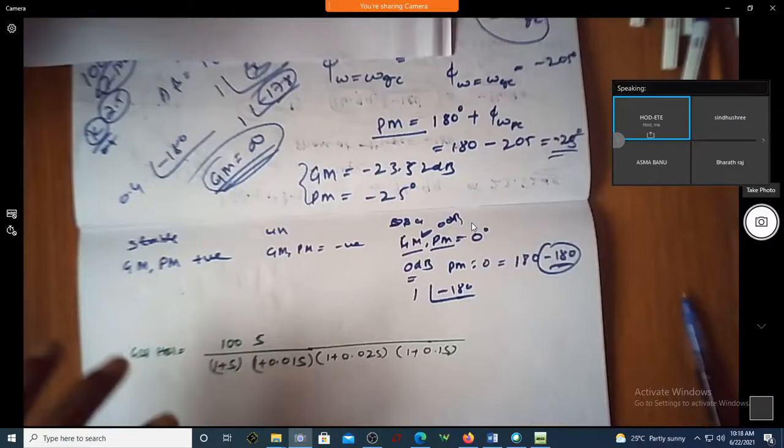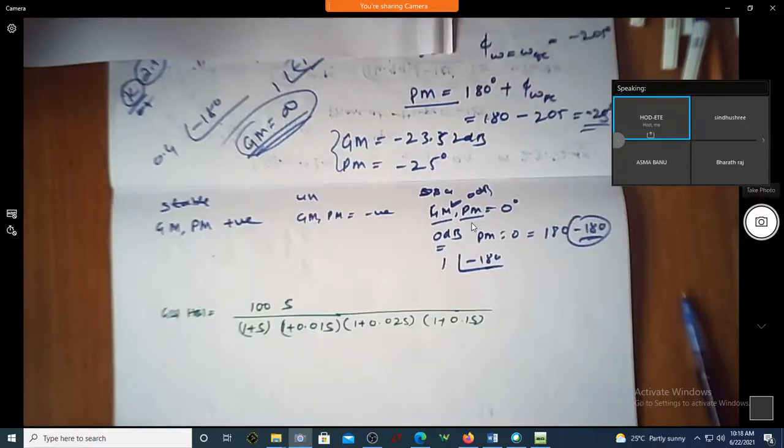Yes, sir, audible. Maybe you can take this problem, then start plotting the Bode plot. So it is 100s divided by (1 plus s)(1 plus 0.01s)(1 plus 0.02s)(1 plus 0.1s). So we will start the